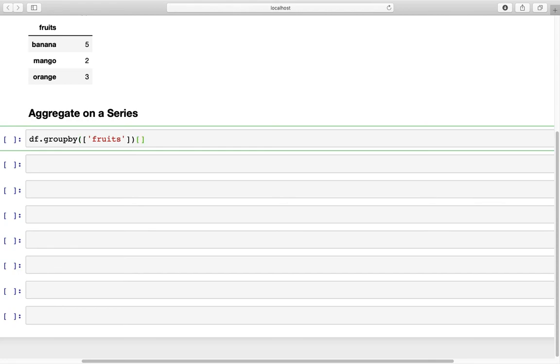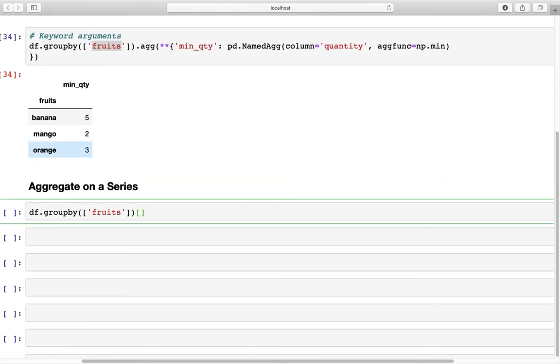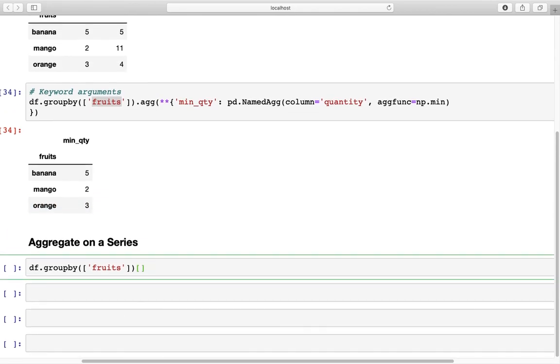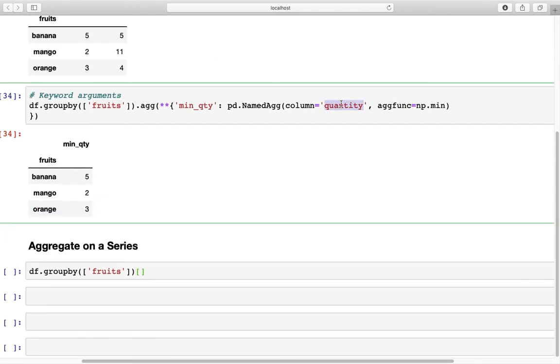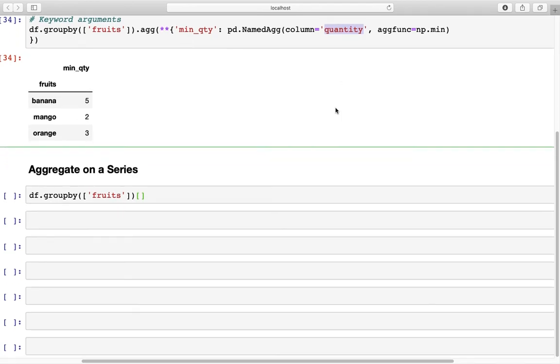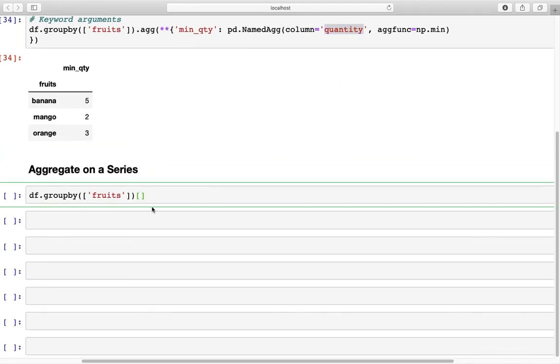Earlier we specified the column we need to calculate something on within the aggregate function, but there's another way you can do that. You can specify it right after groupby. So here if you specify quantity,